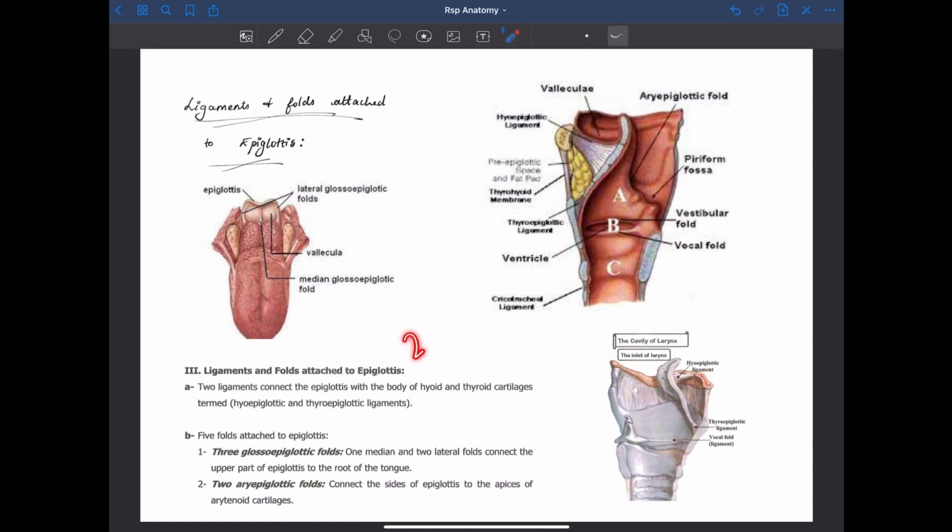And I will continue in part 2 where we can see the nerve supply and blood supply of the cartilages